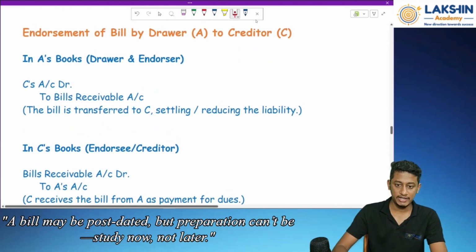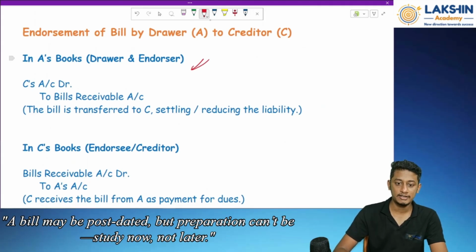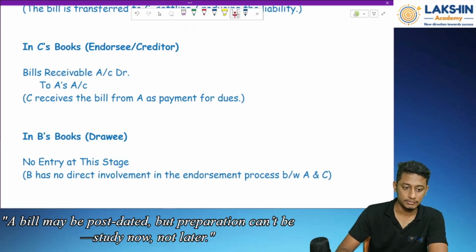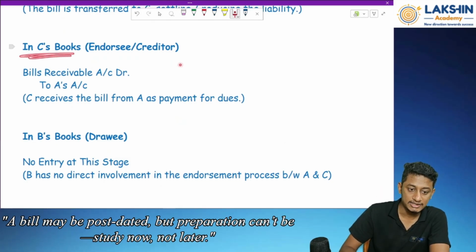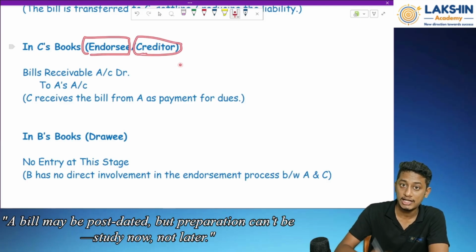Now, in the books of Mr. A, done. Okay. Now going to Mr. C's book. See, Mr. B's book won't be affected. Remember this. In Mr. C's book, who will be an endorsee or the creditor of Mr. A,